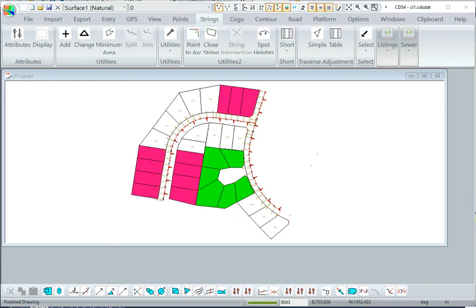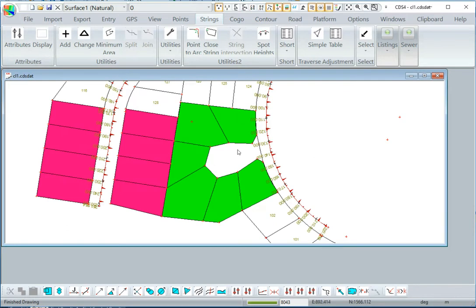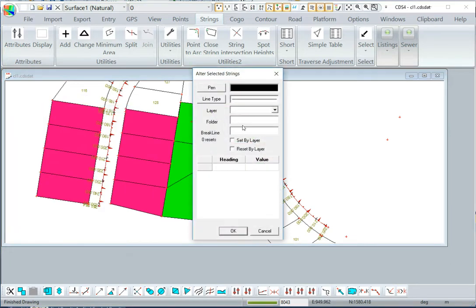I'm now going to explain how we can use some hatching in CDS. Now if you look at the job, we can see there's a quarter bowl in here. We want to hatch that. So first of all, as we did the fills, we want to put this string here on its own layer. So select the string and right click and alter, and we're going to change the